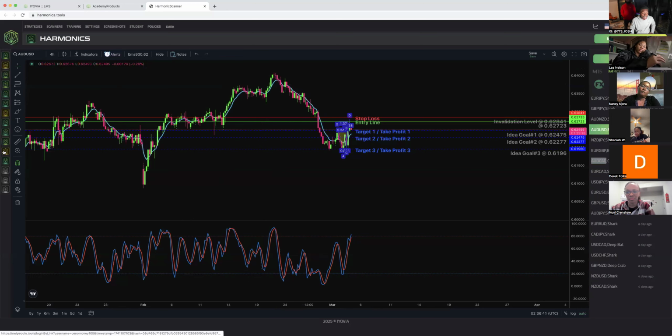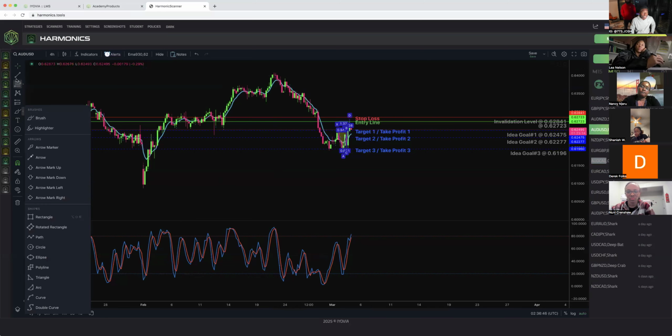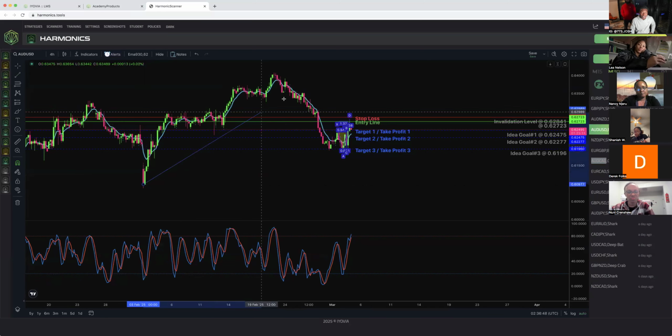So for my more advanced people right now, me looking at this right here, I can see that this market was trending up, right? For my more advanced people, we can see that the market was trending up. The market broke structure, retested. It didn't go higher. So it changed and it's now in a downtrend.